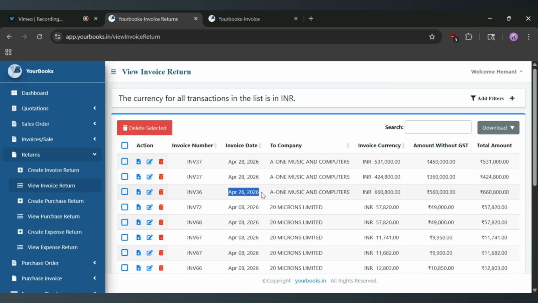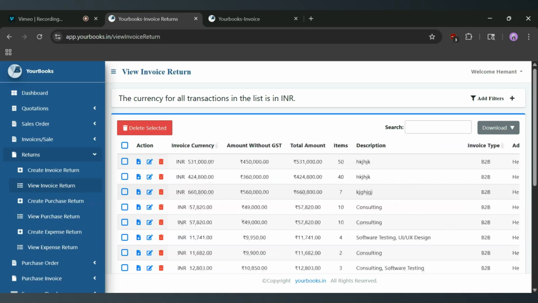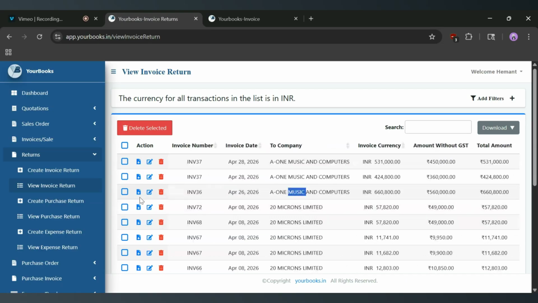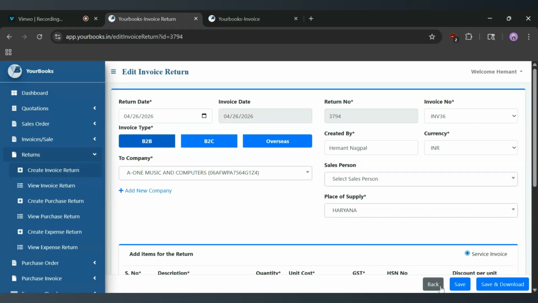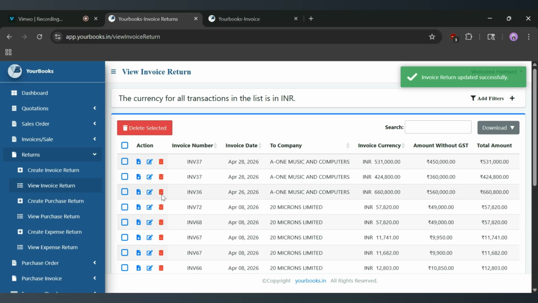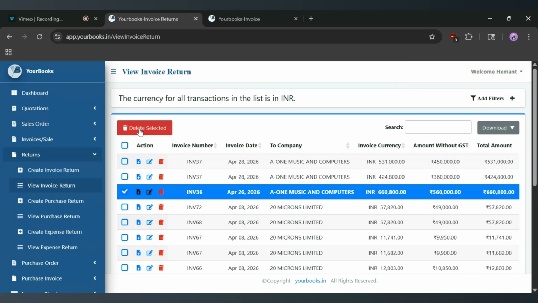Its invoice date is there, its detail is there, everything is there, amount, item, description, right? I can download this invoice return. I can edit it by clicking on this icon, right? I can also delete it by either clicking on the trash icon, or I can select it and then click on this delete selected button,